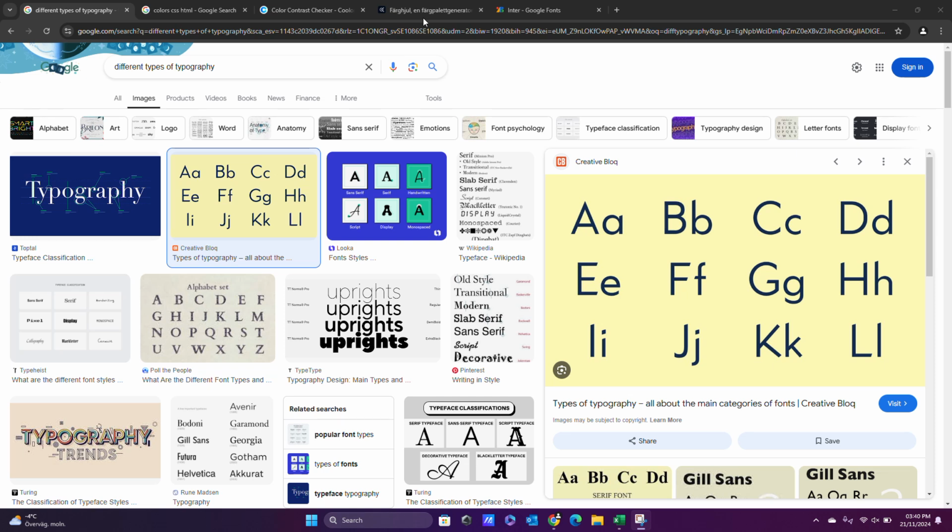HTML's role in typography is to provide the structural foundation for the text content on a web page. It also allows the developers to define the purpose and importance of each text element through a semantic tag. For example, the heading could be used with the H1 to H6. These tags create a hierarchy of text, with H1 typically representing the main title and the subsequent headings